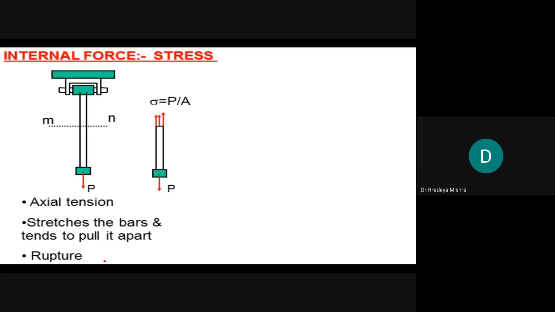Because each and every material has a property to resist deformation. So to resist the deformation, it can produce internal forces against the change in position and deformation due to the